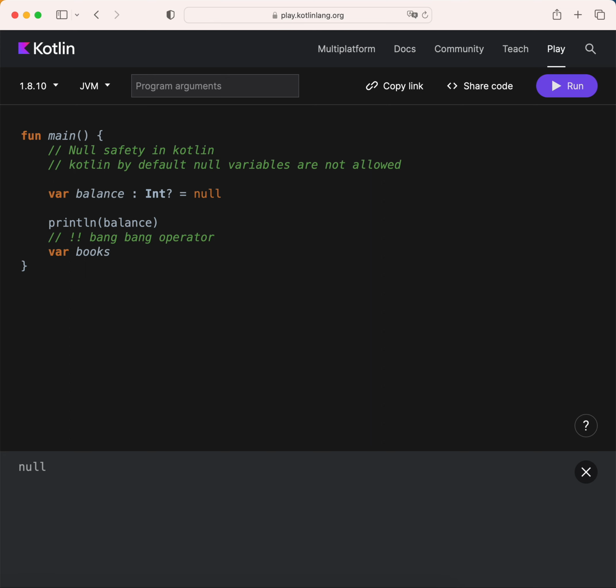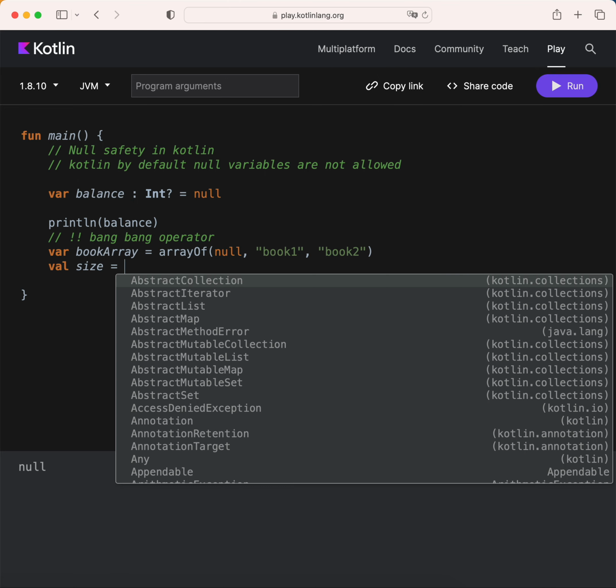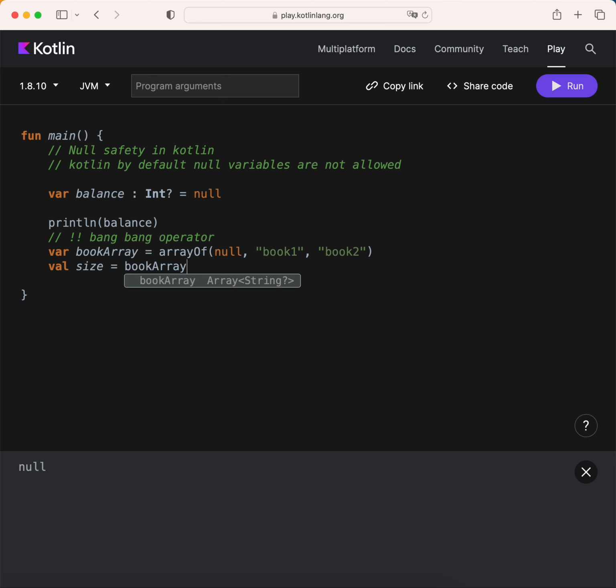Like if you have a book array, an array of nullable values, you can have your book one, you see you have an array of books, right? Or let's say book 2. So here, how to use the bang bang operator? Like I want the size of your array. So book array length,